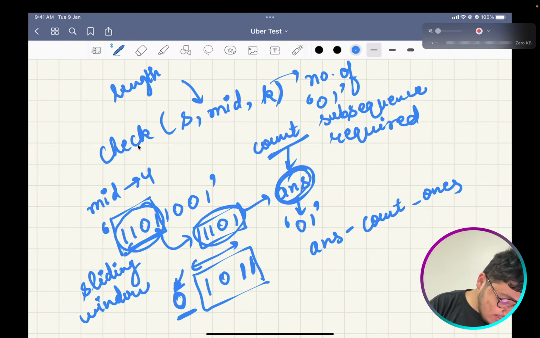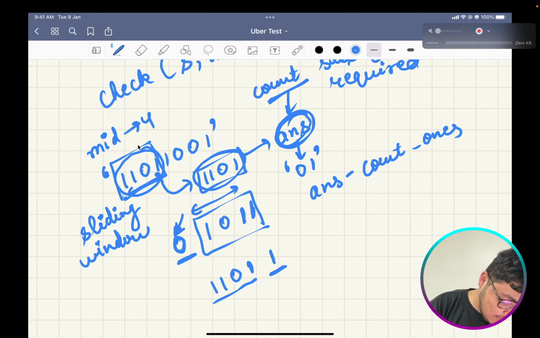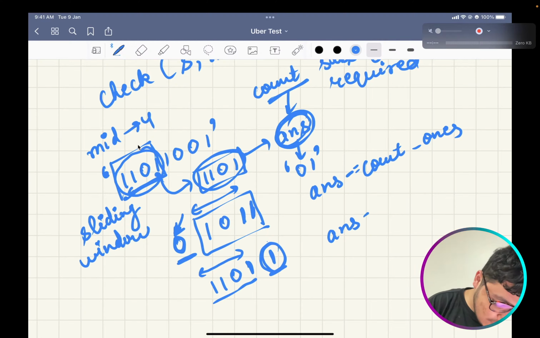And if the next character is 1, it means I have to take all those zeros in this string and their contribution with this one. So it would be answer minus equal to, and answer plus equal to count of zeros.